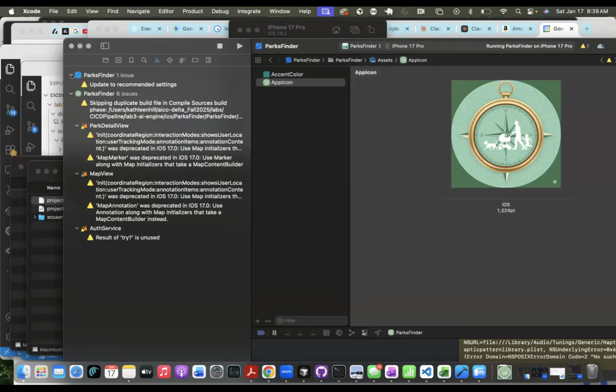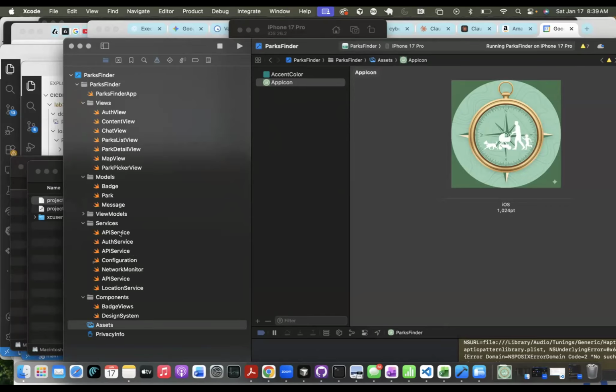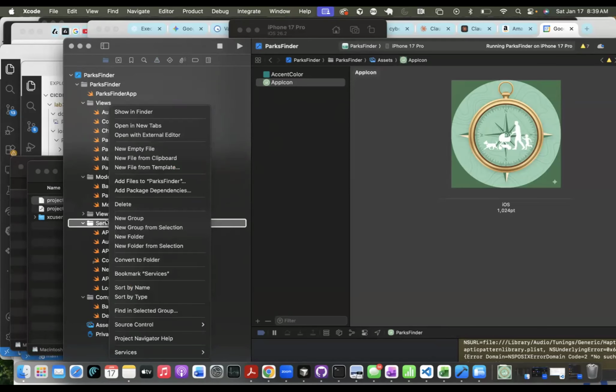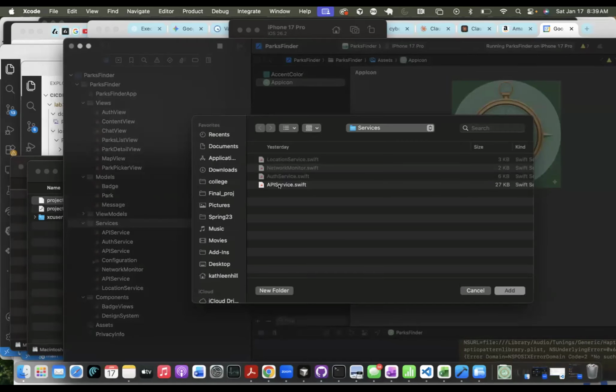I had to periodically add extra features. So this is the folder structure. When I wanted to add the API stuff for the weather, Claude had to create a file, and then I had to pull it in and add a new file to the services. You have to add files, and then add whatever is the new version of the file that you want.